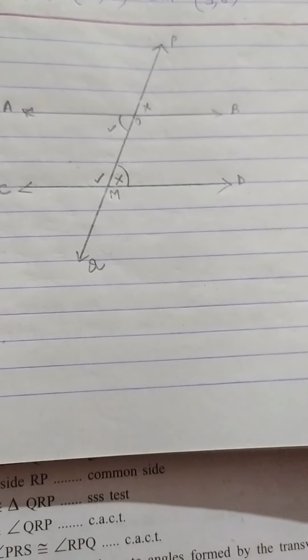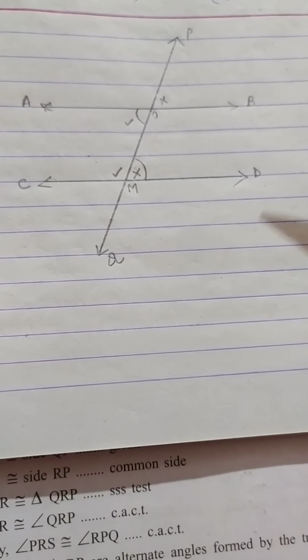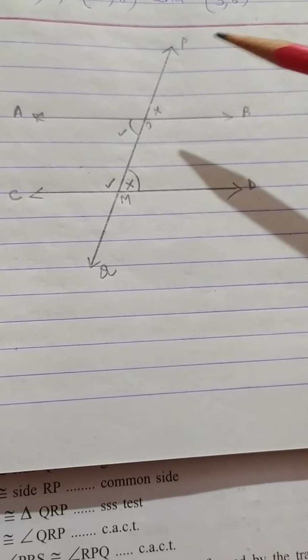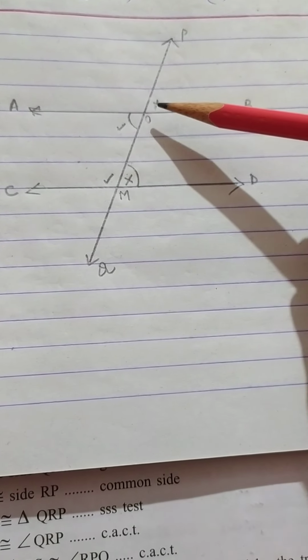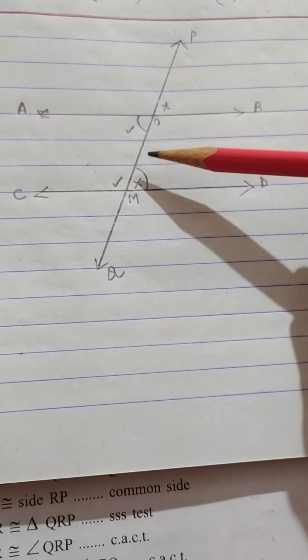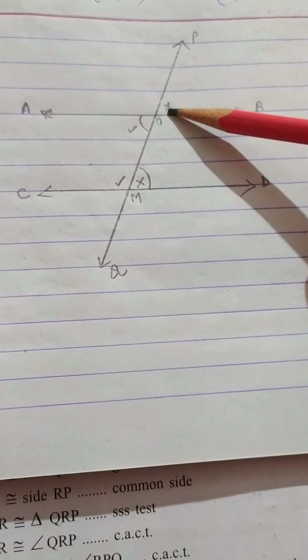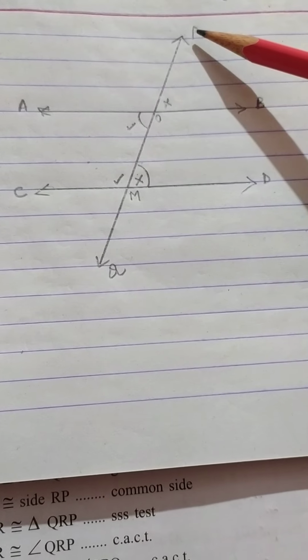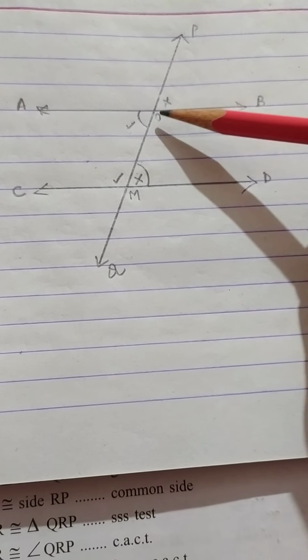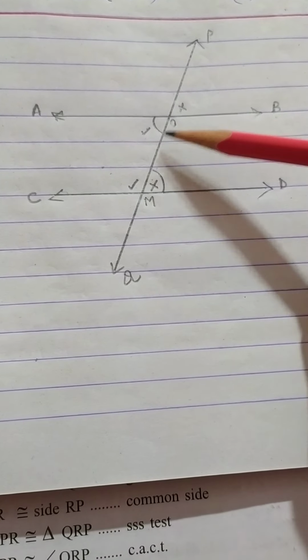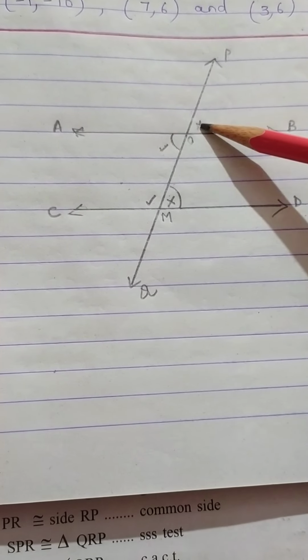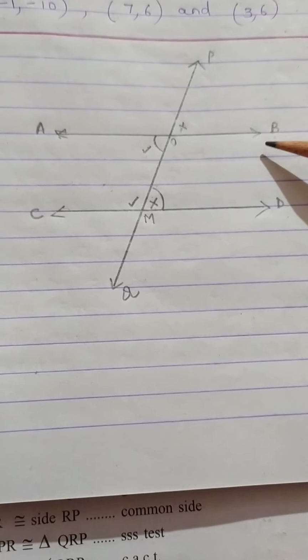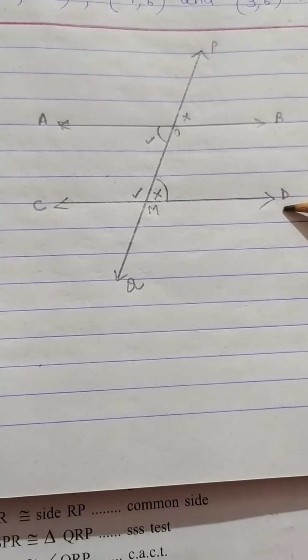Children, I hope you remember you have learned this in the lesson on parallel lines. So, if I have two lines like this and there is a transversal drawn, and a pair of corresponding angles are congruent. Now, which are the corresponding angles here? The angles which are marked with a cross, for example angle POB and angle OMD. These are the two corresponding angles. If they are congruent, it means line AB is parallel to line CD.